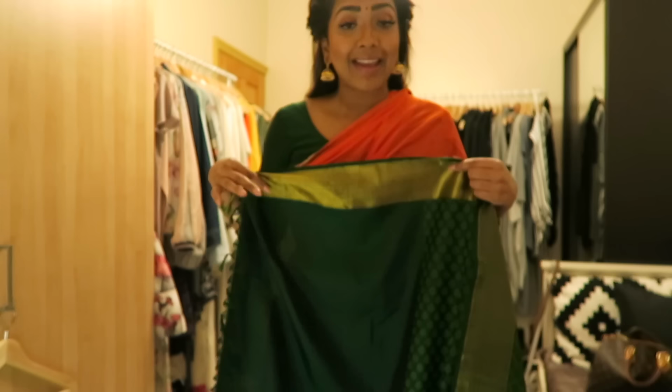Once you've done the pleat, you basically wear your sari blouse on the day, and your skirt. And gosh, you know what, I'm just going to do this because that way I'm not going to be so conscious of this. Right, and then once you've done that and pinned it, you get the end of the sari,